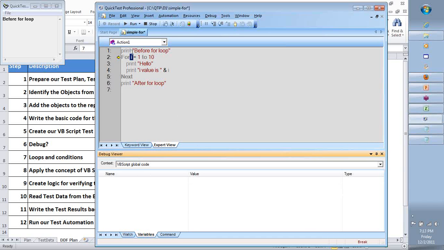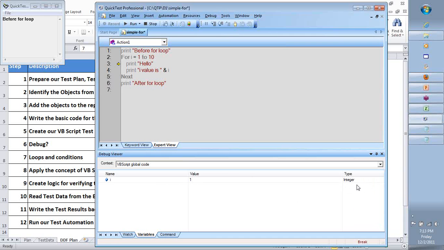Why? As you create variables and as you're debugging, you can see how the values are changing. I don't need to use print statements every time out here. So what do you see? Name, value, type, all blank. Now let's see when line 2 gets executed. You see that a name got generated as I, under your variables out here, team. The value for that is 1 because I said 1 to 10, and the type is something called